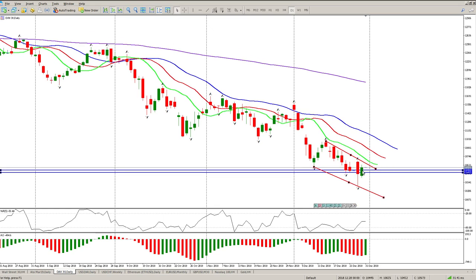This daily pattern here is a little bit concerning because it is a reversal price action pattern. Okay, so but obviously I need a break above the high of this bar, or a daily close above it is what I'm looking for. So daily close above 10,622 gives me a bit of confidence for moves to the upside.